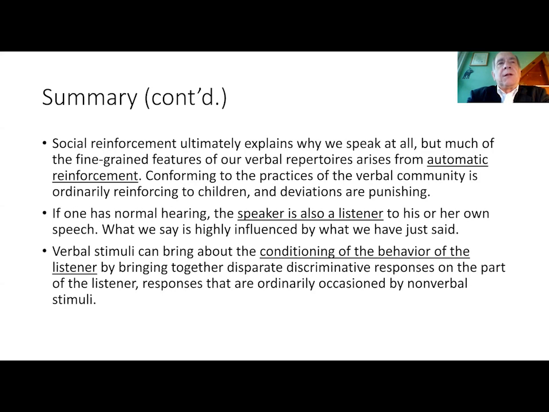So it's a gradient, and the things I've discussed in this workshop lie at the higher end of that gradient, and you can look to Skinner's Verbal Behavior for some guidance, or to those of us who have profited from